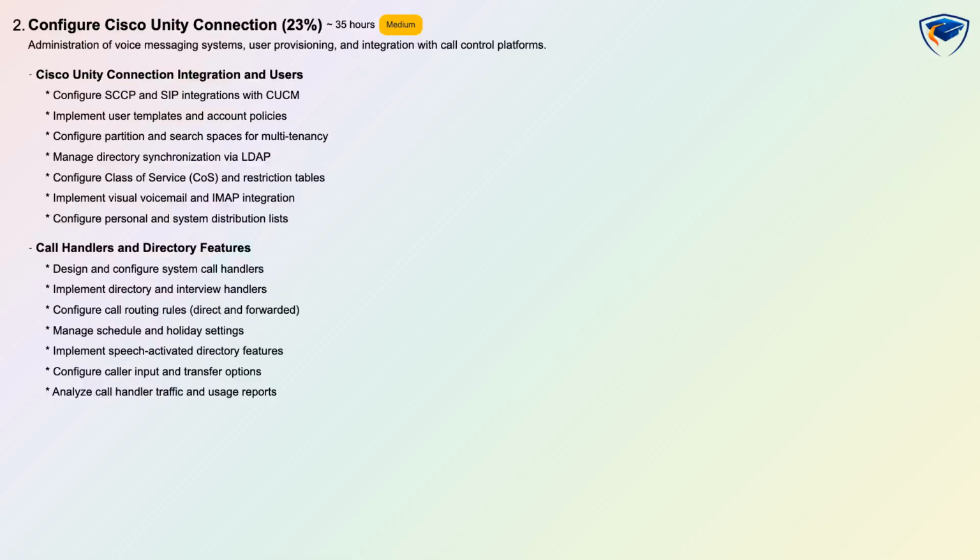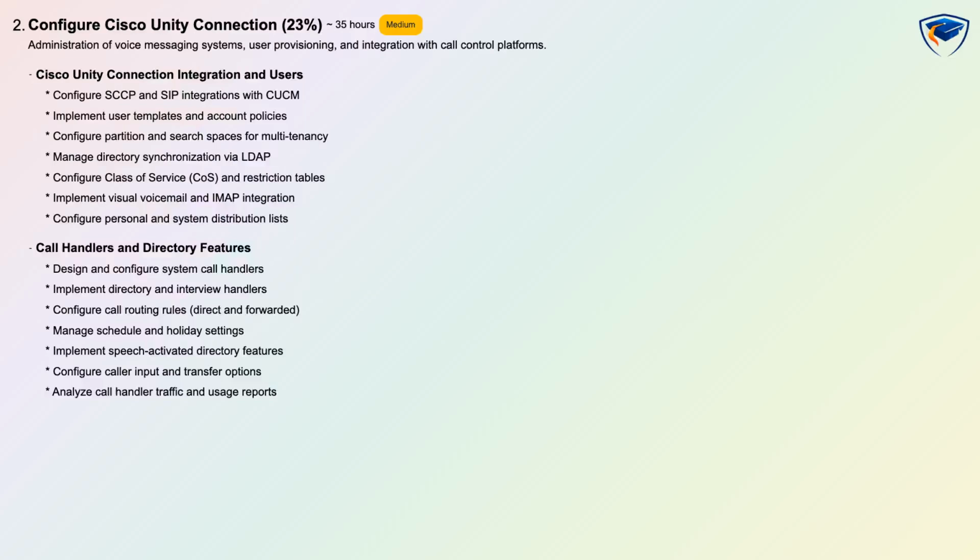Configure Cisco Unity Connection accounts for 23% and emphasizes administration of voice messaging systems, user provisioning, and integration with call control platforms. This domain is medium difficulty, requires about 35 hours of study, and is assessed with hands-on and conceptual tasks. Expect to configure SCCP and SIP integrations with CUCM, implement user templates and account policies, set up partitions and